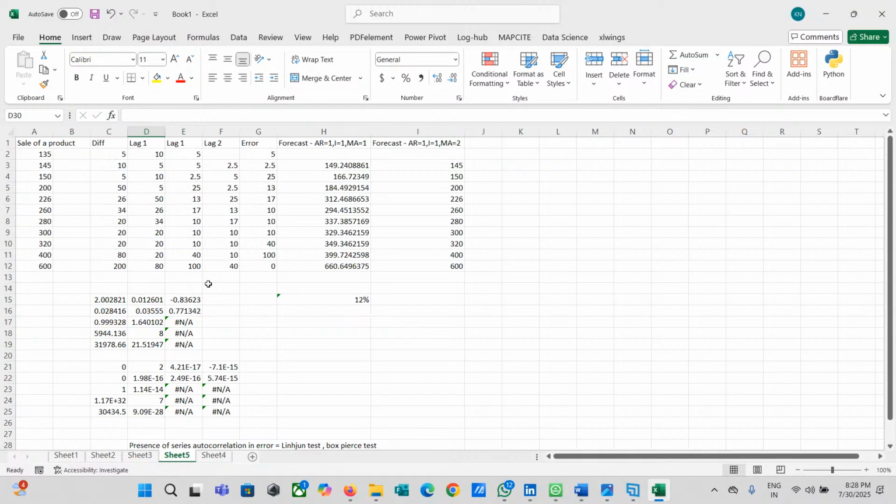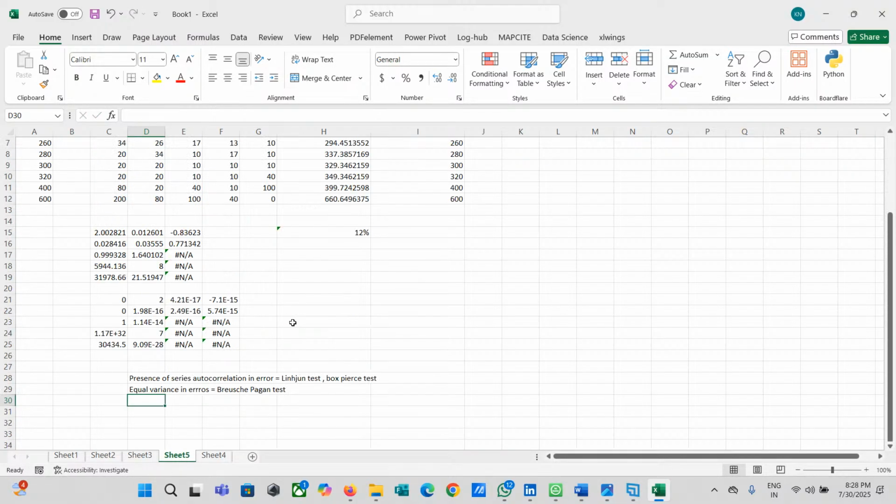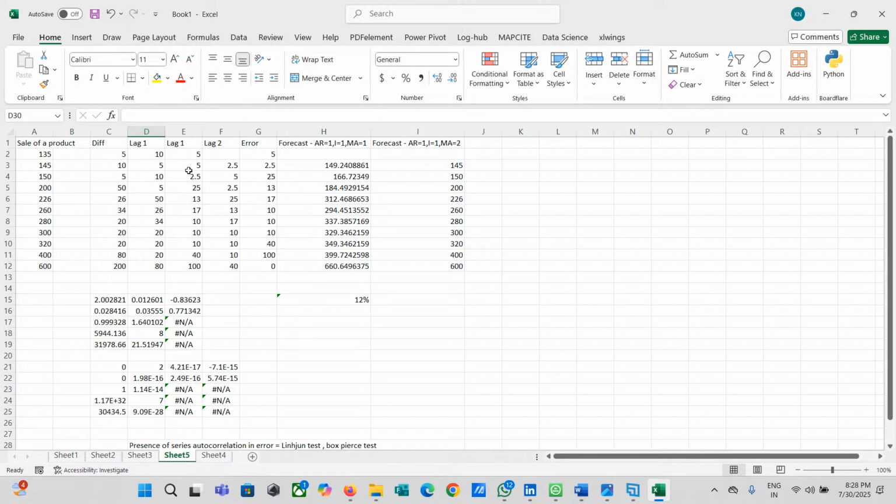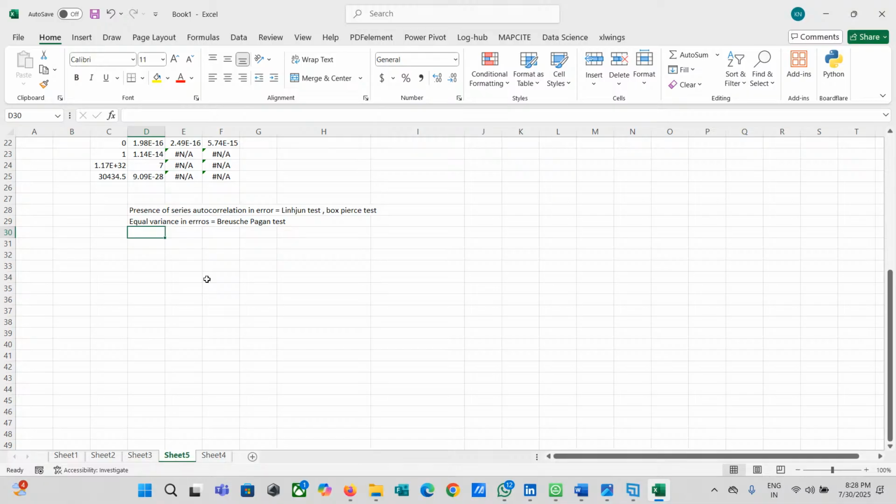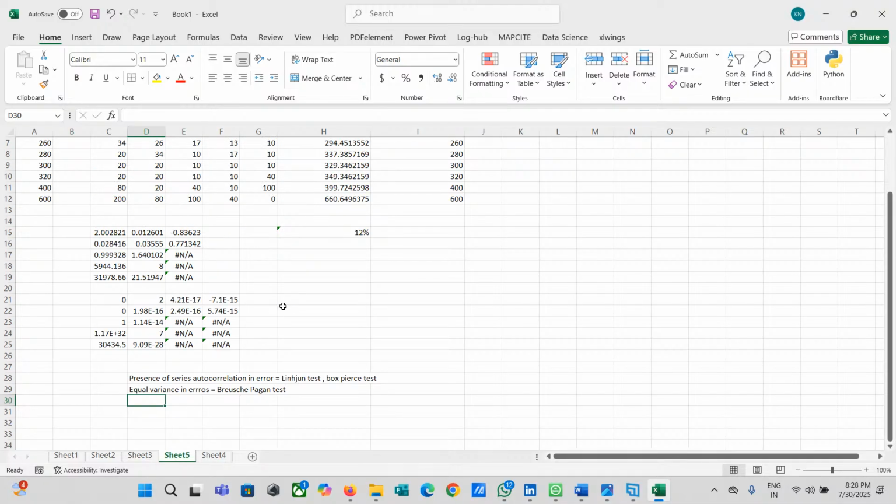I wanted to show you the process of how to actually build a model in ARIMA. First you check your autocorrelation, then your partial autocorrelation of the initial data to understand whether these patterns are present, or you can directly perform the ADF, augmented Dickey-Fuller test, on the sales data.